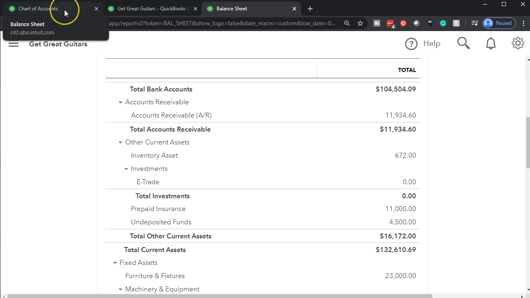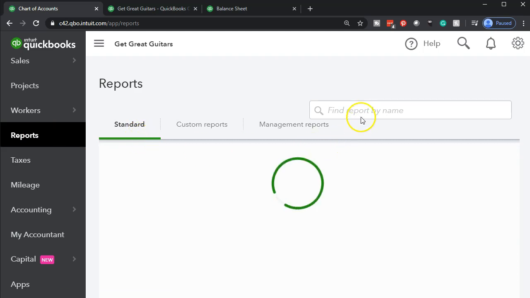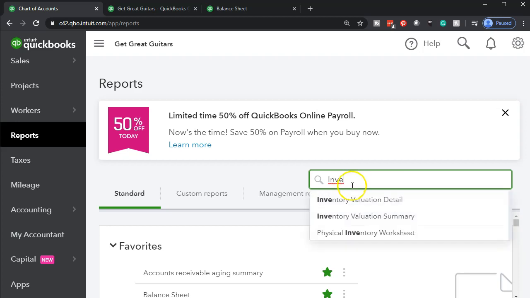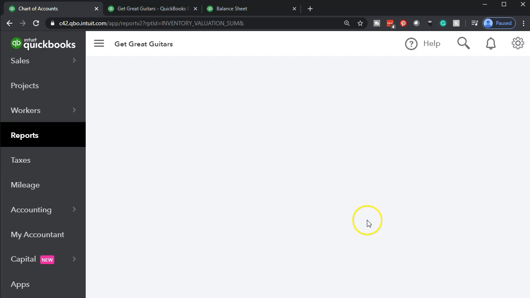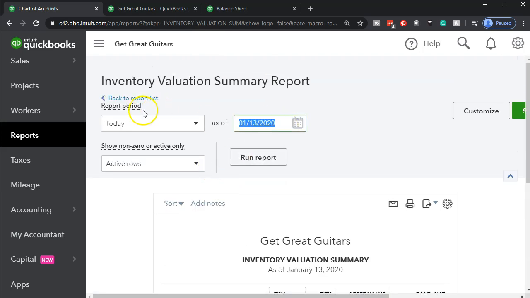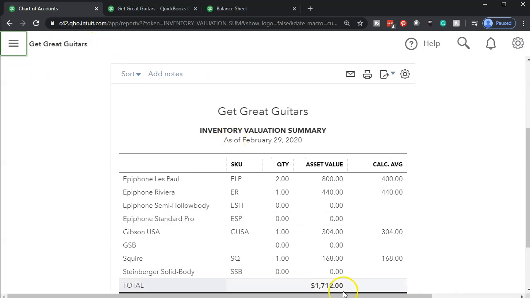Now let's take a look at the subledgers just so we can kind of see them. If I go to the reports, and then we want to open the inventory report, the inventory valuation summary report. Let's take a look at the inventory valuation summary as of 02/29/20 and run that report. I'll close up the hamburger. It comes out to